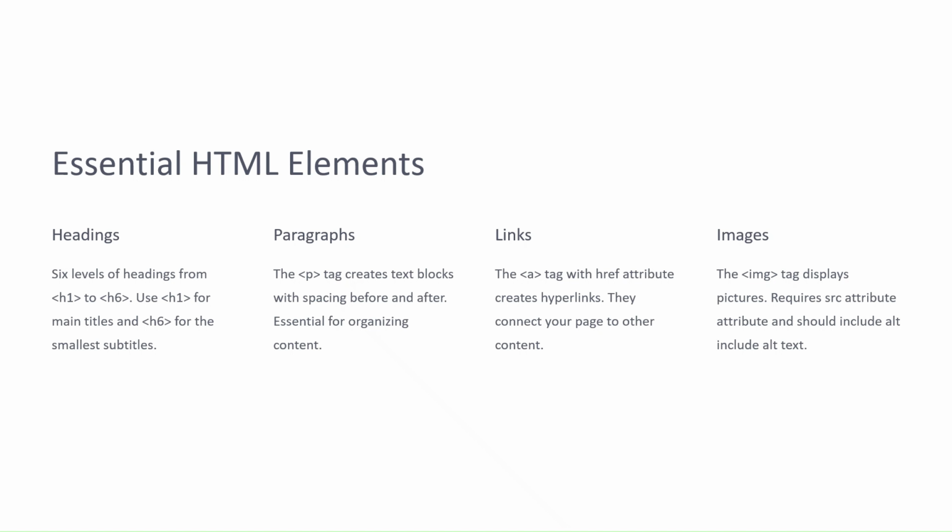The starting command is surrounded by these signs, less than, greater than, right? The closing command will be only different, the same command with a slash, right? Like, let's say H1 is a starting command and the closing command will be slash H1,